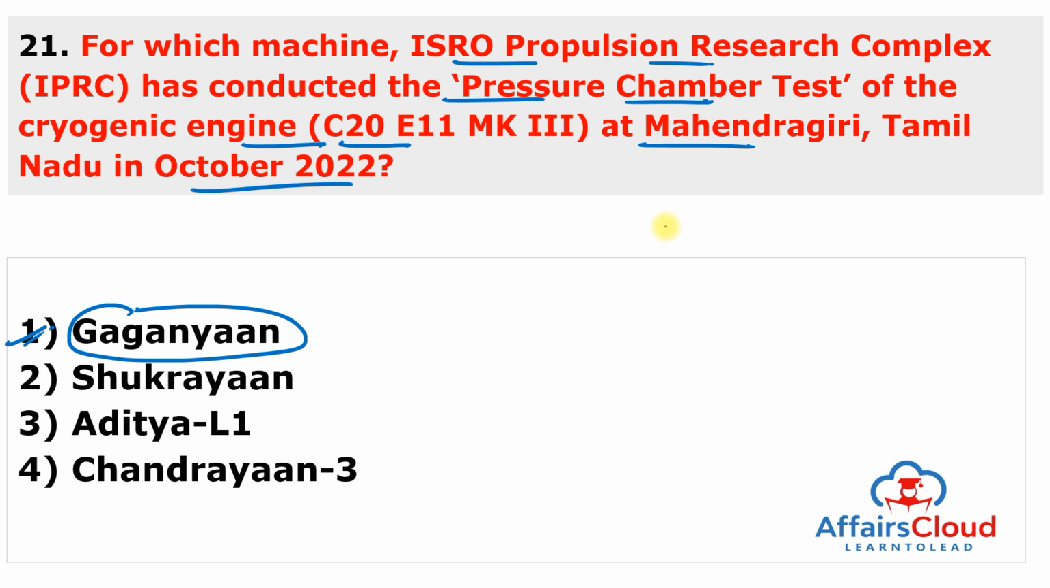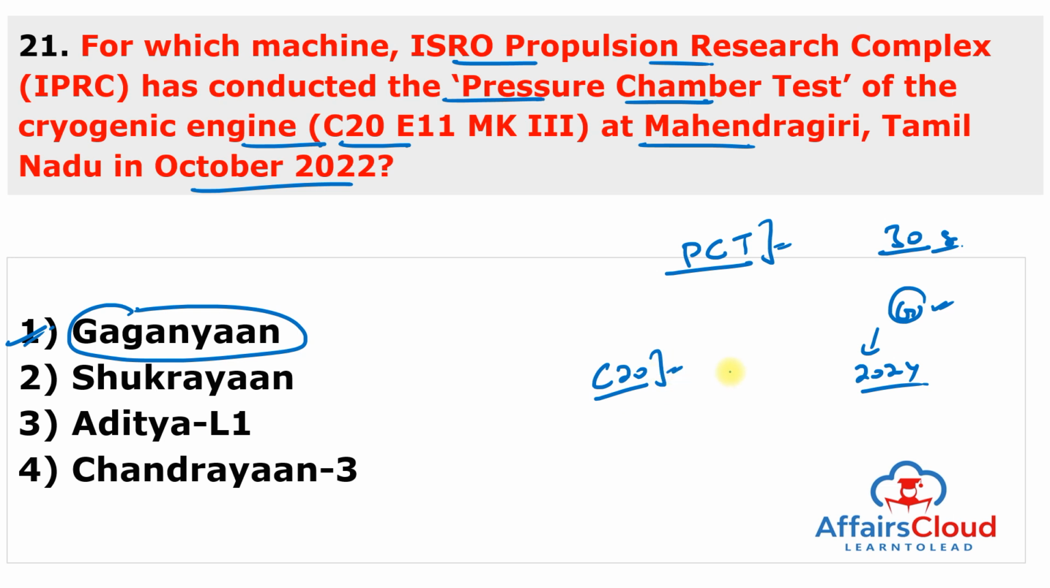So ISRO Propulsion Research Complex has successfully conducted the pressure chamber test of the cryogenic engine in Tamil Nadu area. And the pressure chamber test was conducted for about 30 seconds to check the efficacy of the engine for use in the Gaganyaan, which is designed for India's first human spaceflight program and it will be launched in 2024. And this C20 E11 MK III engine is assigned for the LVM-3 M3 mission identified for launching the next 36 OneWeb India satellites